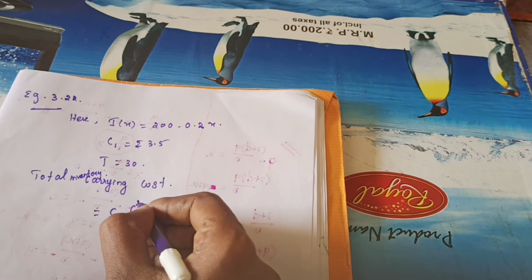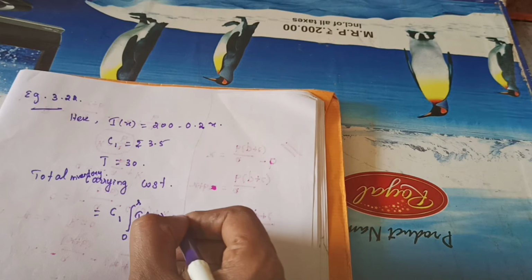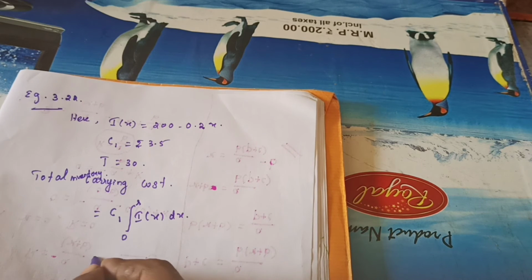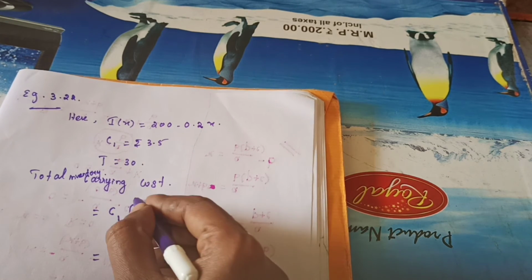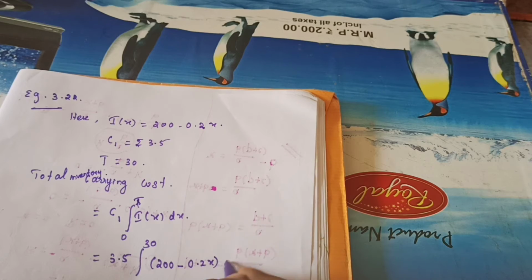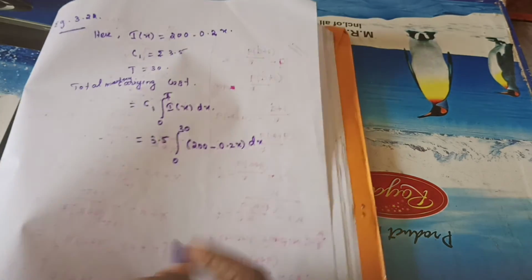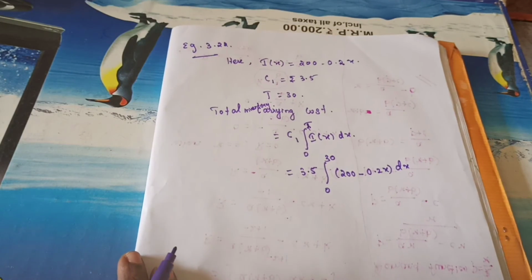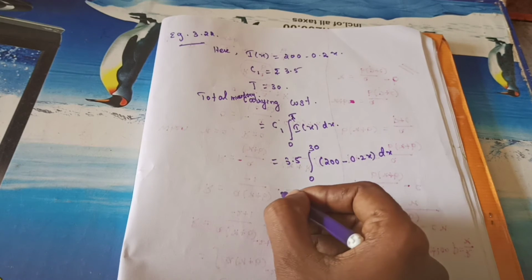0 to 30, R I of x dx, correct? That's equal to 3.5 into integral from 0 to 30, is it right? So T or R. Okay, T. 30, 200 minus 0.2x dx. So if there is a limit, you won't apply the constant. Okay, that's equal to